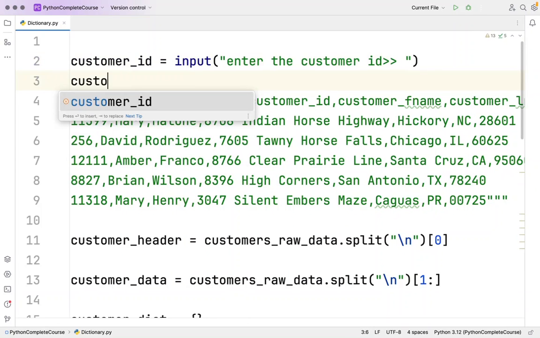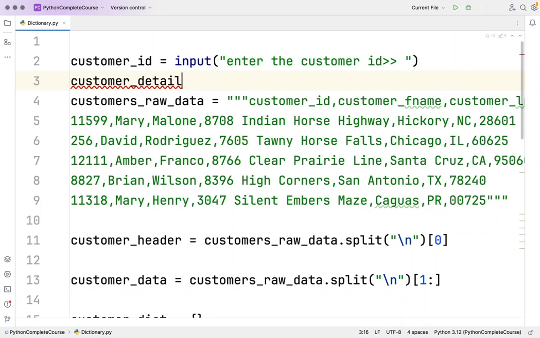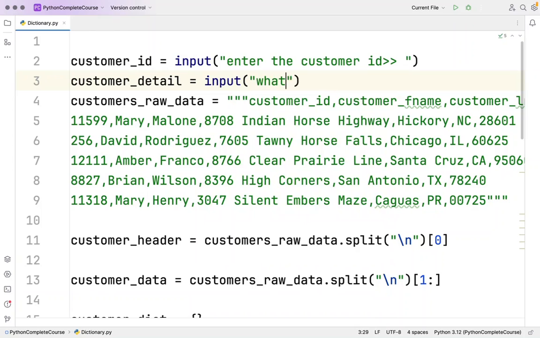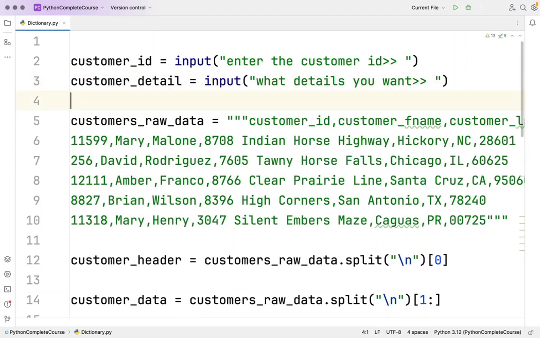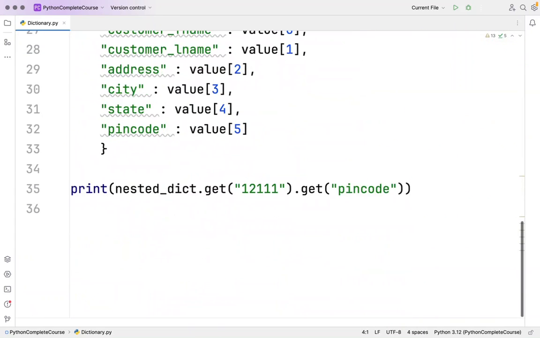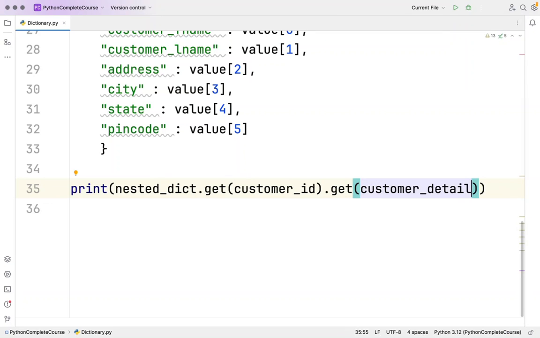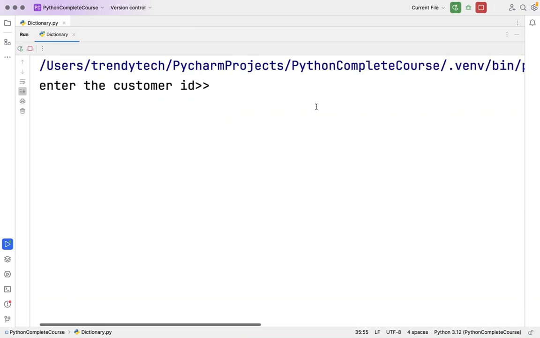And customer detail, what detail we want, equal to input, what details you want, right? So customer ID, customer details. So I can replace this with get customer ID, customer detail. Now if I run this, I can just say, let's say for customer 256,